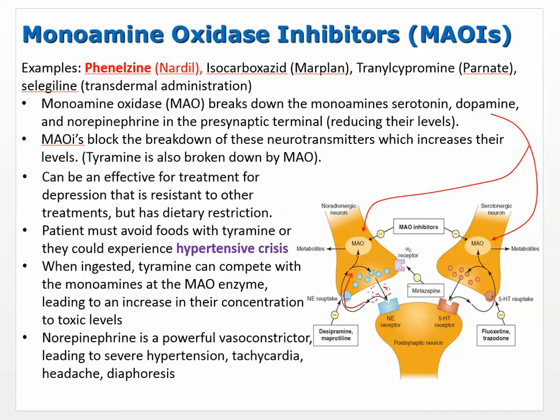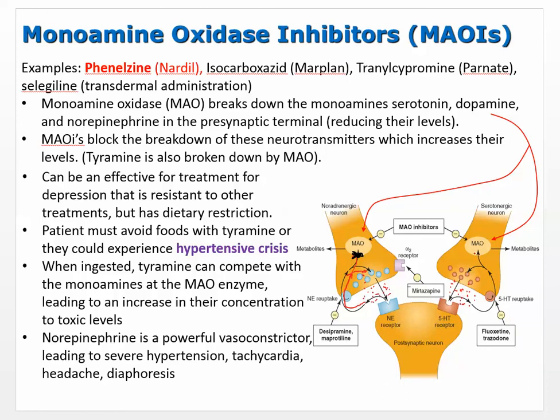There's an enzyme waiting for it that is going to break it down and then eject it. Okay, some of it may be repackaged, but some of it is broken down. What monoamine oxidase inhibitors do is they block that enzyme. So that means that the norepinephrine is not broken down, which means that you have more of it. Monoamine oxidase is very nonspecific, so it works with serotonin too. Good thing, right? Because we're talking about depression, and depression largely involves serotonin.